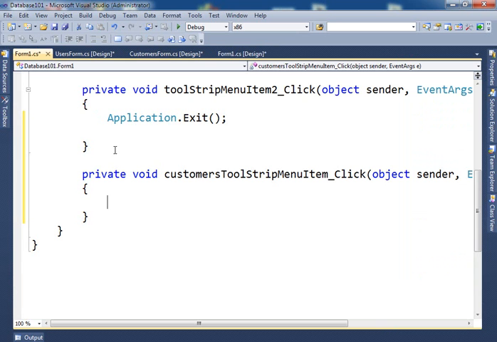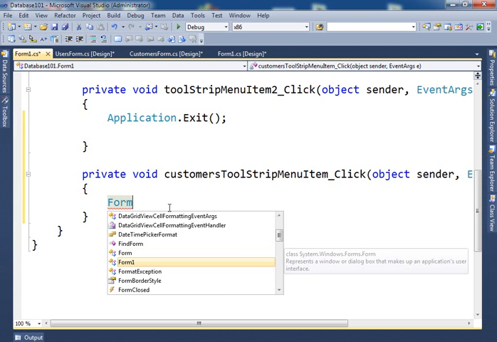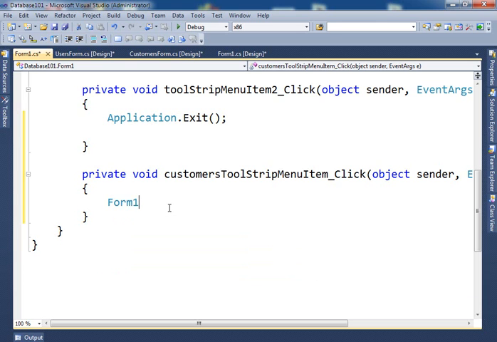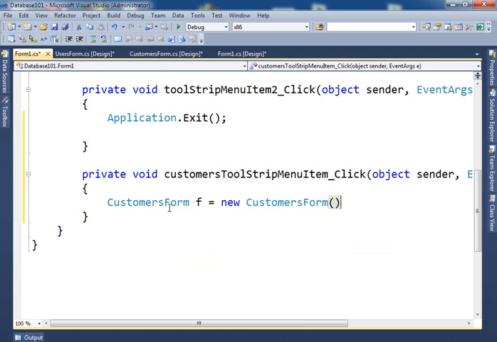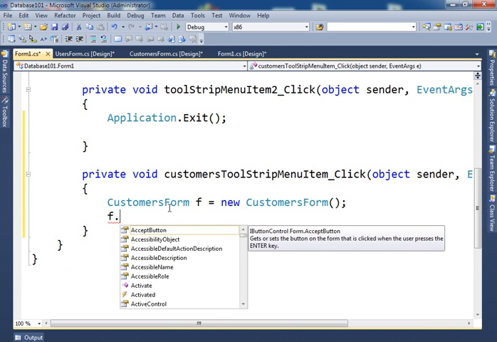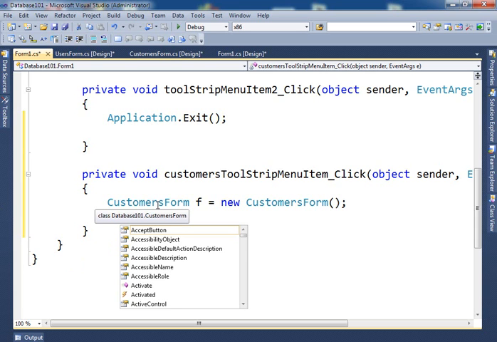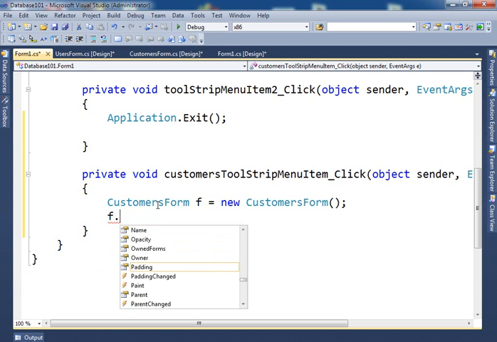To show the customer, I double click on the customer, and then we need to create the form. So we say CustomerForm f equals new CustomerForm. So we're creating the form object. Now I can do show. First I need to say that the MDI parent for the form we just created is the main form that we are in, which is the current form, which is this. So I say MdiParent